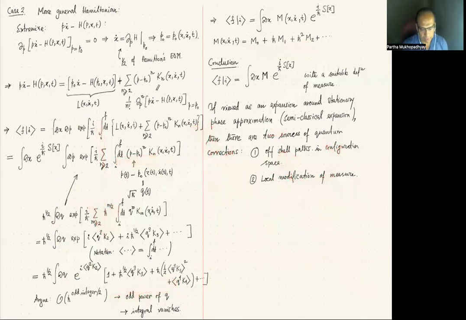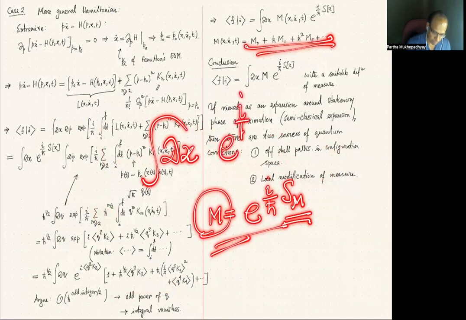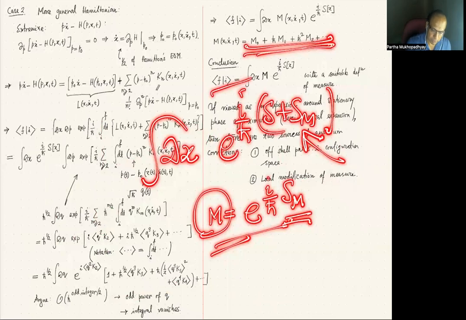If you collect all these corrections and the result that you get here, and now write m to be equal to e to the power i/h bar Sm, where Sm is defined by this. Then the entire result is the configuration space path integral e to the power i/h bar (S plus Sm), where this Sm is a quantum correction. This Sm has h bar dependence,